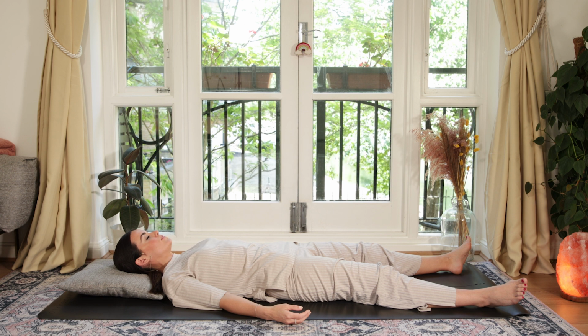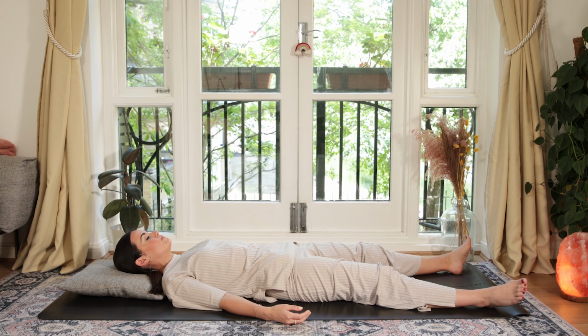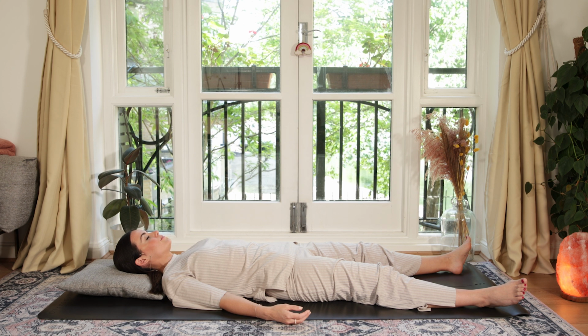Release across your collarbones. All around your rib cage. Down to your abdomen. And then feeling that wrap around, release and allow the lower back to be heavy. Allow the hips to be heavy and supported by the mat. And as you release into both hips, feel that travel down the thighs,